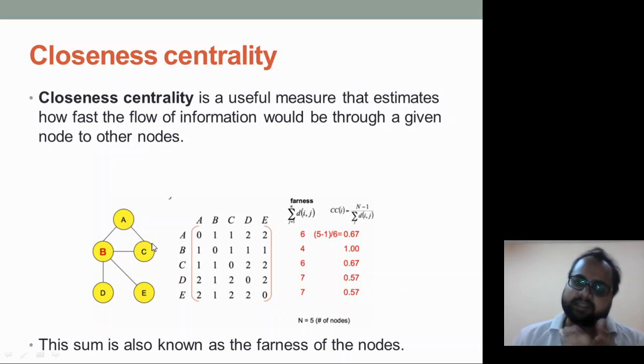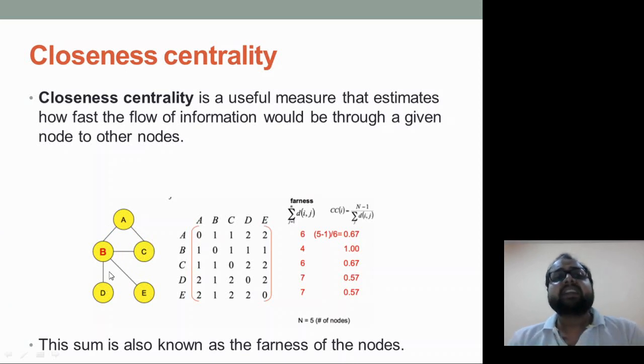अब C का देखते हैं, ओके C का है A के साथ 1, B के साथ है 1, ओके C का C के साथ ऑब्वियसली 0 होगा, D के साथ how far is it 1 2, so that much it's far, so it is 2। E के साथ 1 and 2, that's why 2,